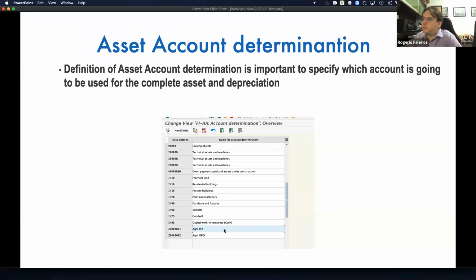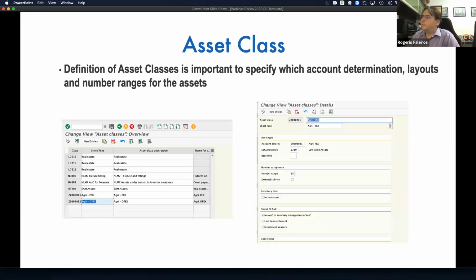Okay, so I created two account determinations, one for tax and another one for OPEX. Why? Because for the complete asset, when I run the depreciation, I want one line to touch the tax account and another line to touch the OPEX account. The way to do this is the account determination. So what I did, I also created one asset class that I link to this account determination. So I have one asset class for personal cost, one asset class for